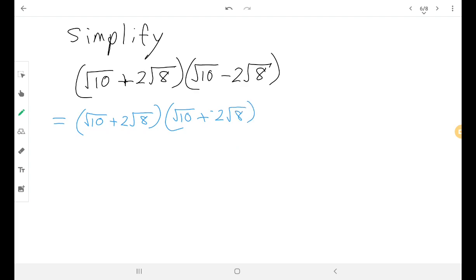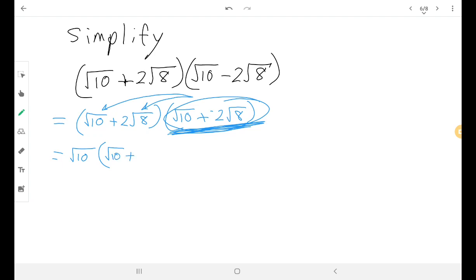And what we're going to do is we're going to take this one and sort of treat it as an individual entity, okay? And we're going to take that as a whole one and distribute it to these two things. So what we're going to do is we're going to get square root of 10, times this whole big thing over here. So times square root of 10 plus negative 2 times square root of 8,